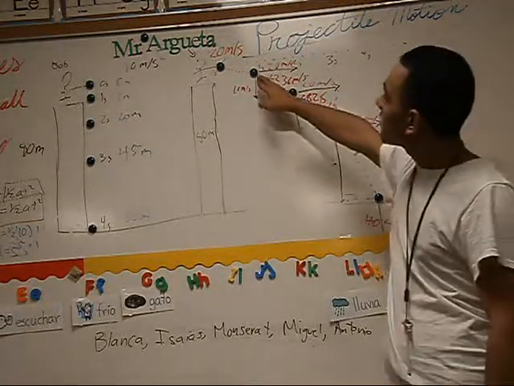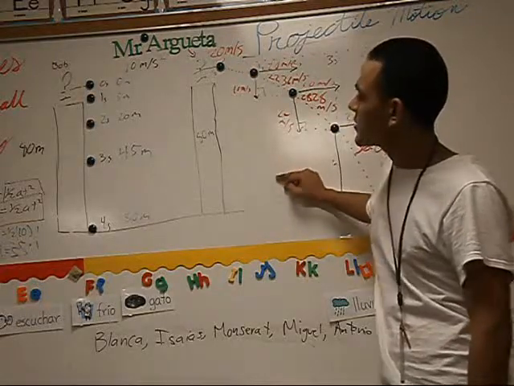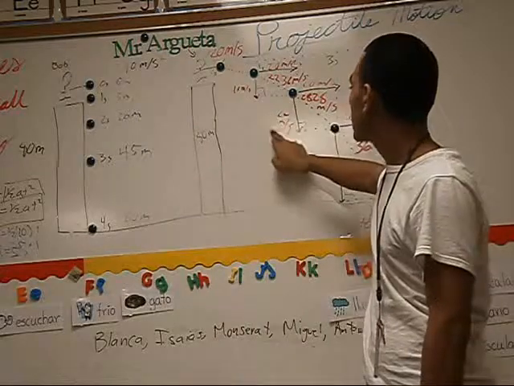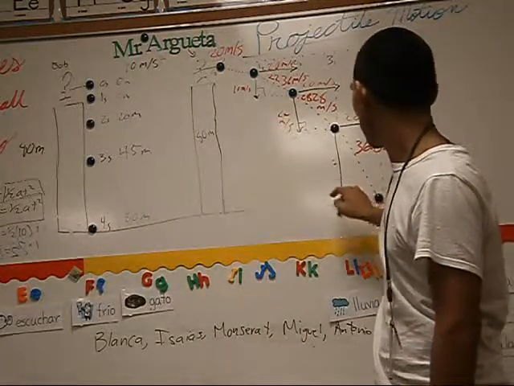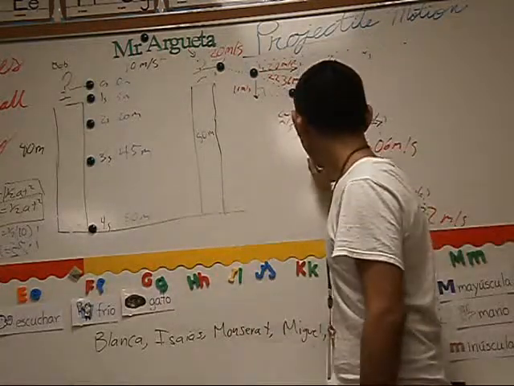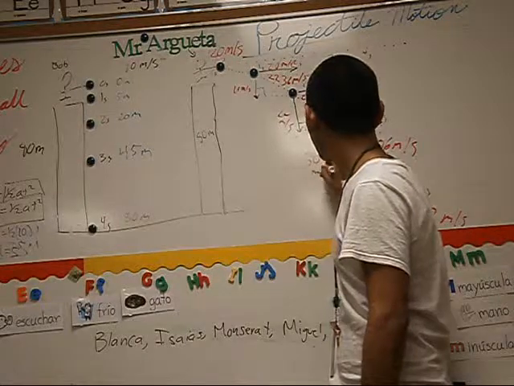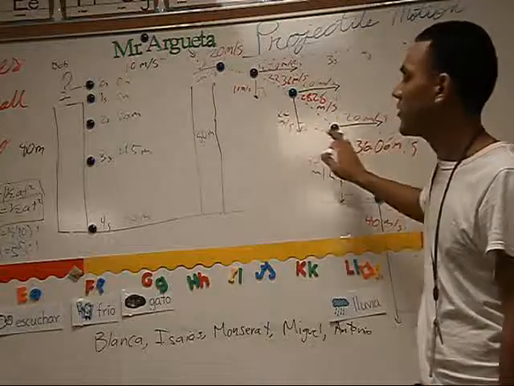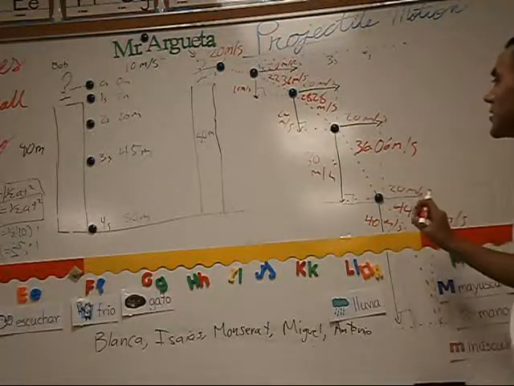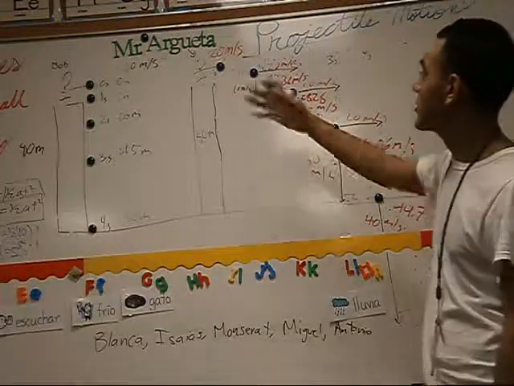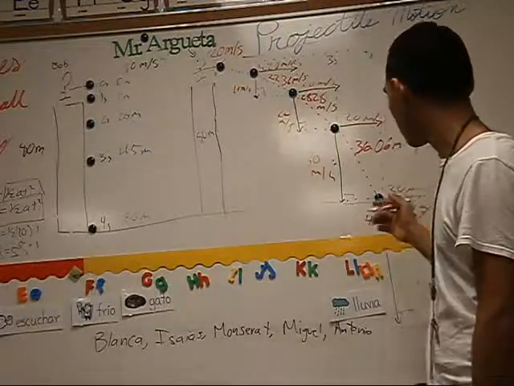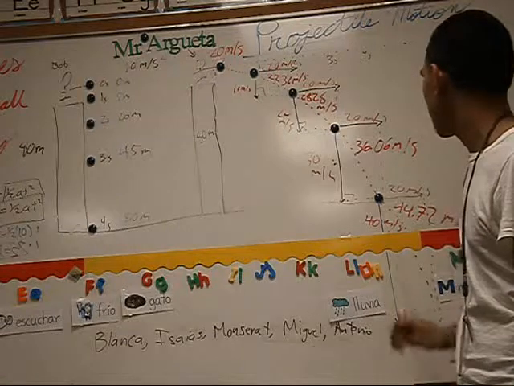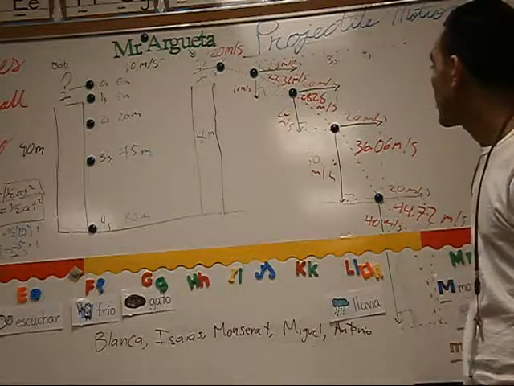And then our vertical velocity changes due to gravity, 10 meters, 20 meters, oh, I erased that. It should be 30 meters per second, 40. All you're doing is just multiplying gravity times the time, which we did 10 times the time. And now the resultant, we just do the Pythagorean theorem to find out what the resultant is, and then